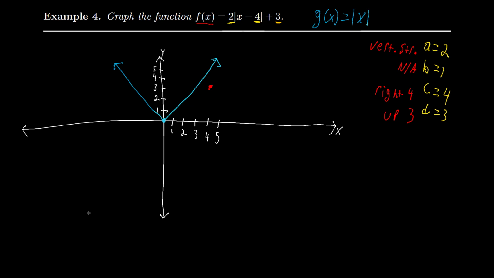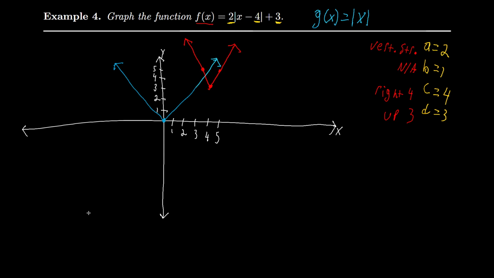So from here, we're going to go up 2 and over 1 and plot another little point. And then we're going to go up 2 and over 1 in the other direction because we know that it's still going to be a V shape. And maybe I can get that a little bit more on. There we go. And then we're just going to draw the V through it. And I know that that's everything. So that graph, in red, is the graph of